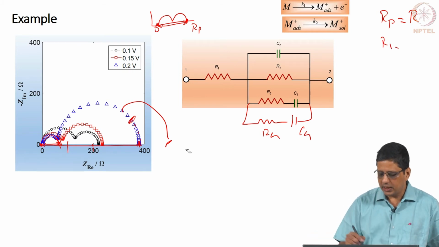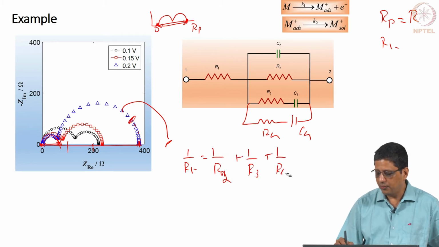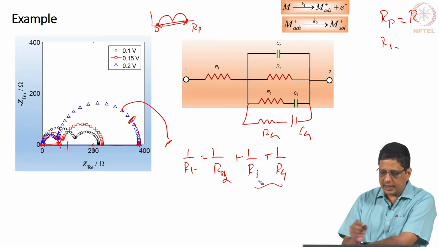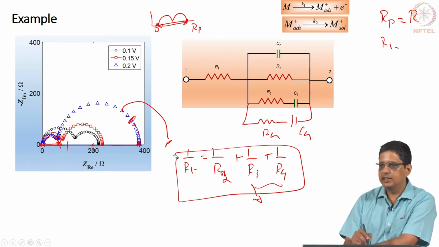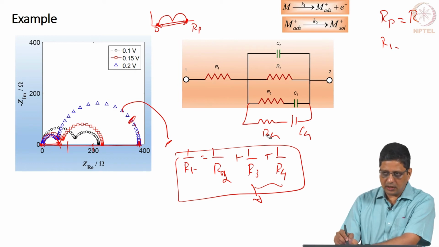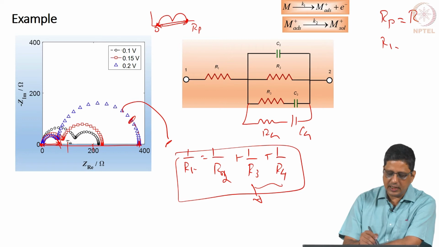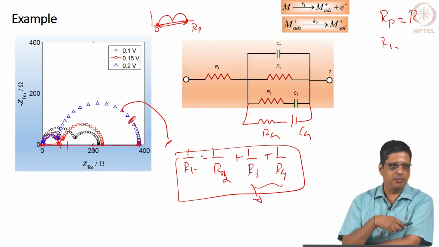RT, if I want to use, I have to write 1 by RT equal to 1 by R2 plus R3 plus R4. Now, I can't guess two values from this, but still I can choose one value, and the other value has to be such that the sum here is still valid. So, although I can't choose R3 and R4 very correctly, for the initial value I choose R3 some value, 100 ohms, 10 ohms, any value, and R4 I can choose such that the first charge transfer resistance will still meet, and then from there I should start optimizing.